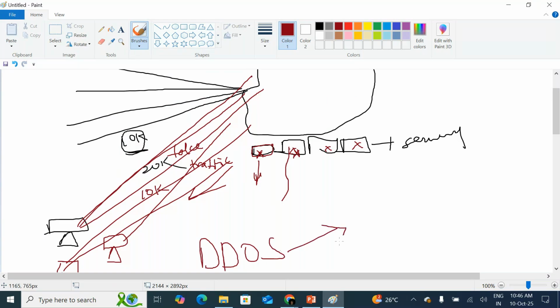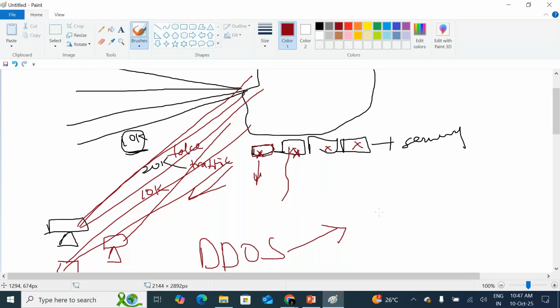A DDoS attack is a dangerous attack. Call it a zombie attack. Now you understand? A zombie attack means whatever compromised system also works for the attacker, so it is a dangerous attack. There are some mitigations: host-based and network-based intrusion detection systems, some devices that help stop DoS and DDoS attacks.